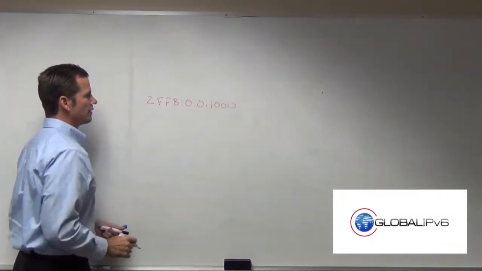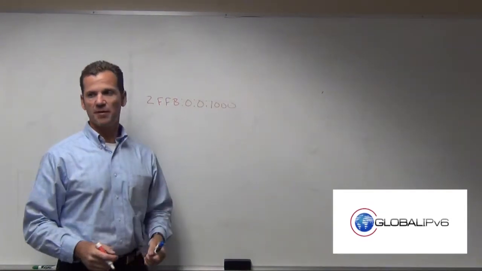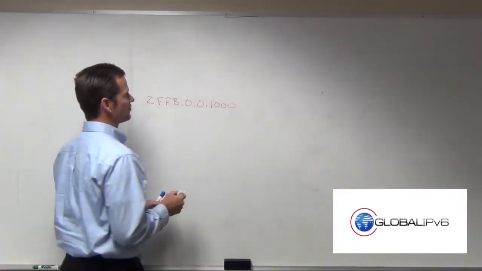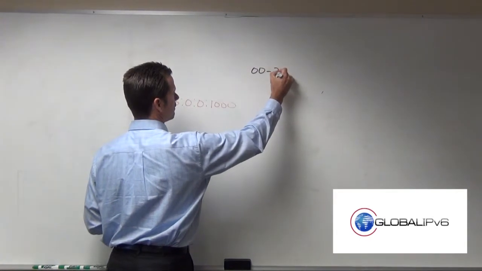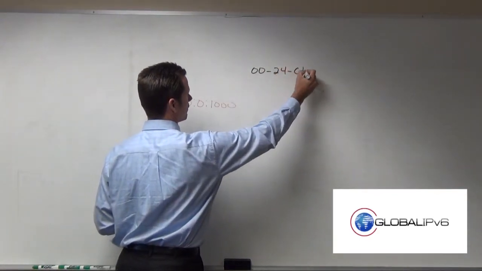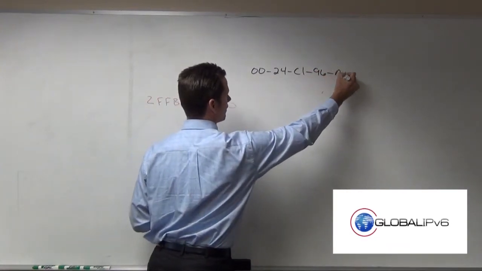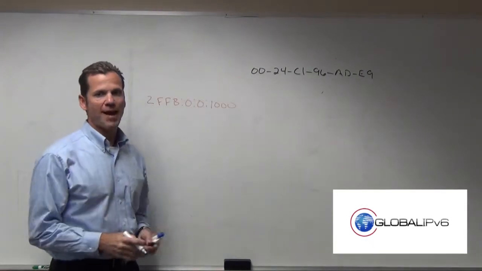So once again, let's say the host was assigned these first 64 bits of 2FFB:001:1000, and it has a MAC address